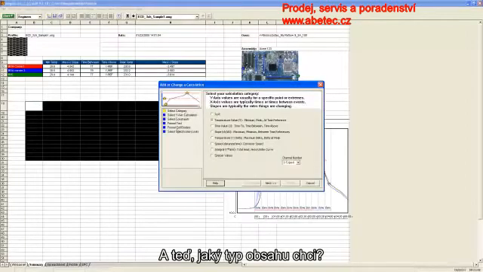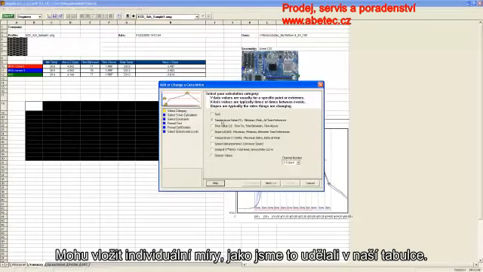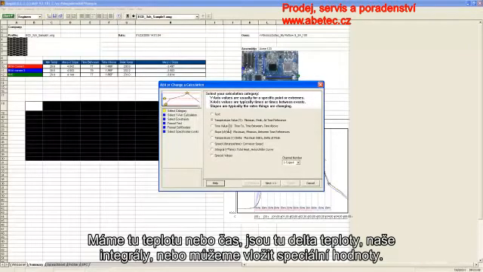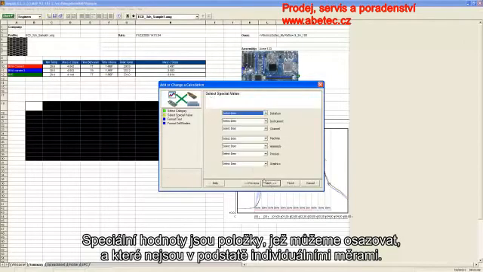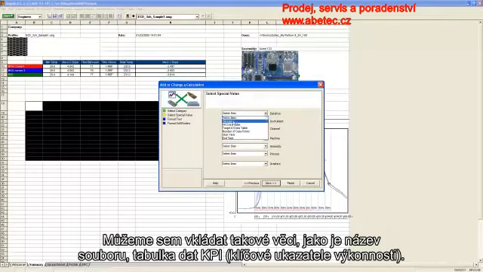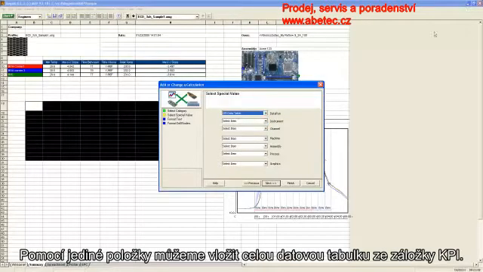And what type of content do I want? I can put in individual measures, just like we did on our spreadsheet. You know, we have our temperature, our time, our temperature deltas, our integrals, or we can put in what we call special values. Special values are items that we can populate that aren't individual measures, basically. We can put in things like the file name, the KPI data table. So with one item, we can put in our entire data table